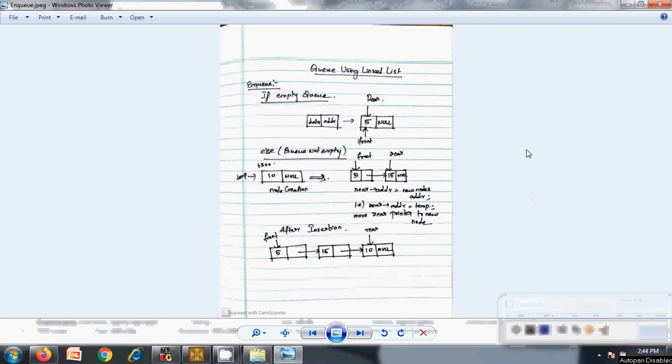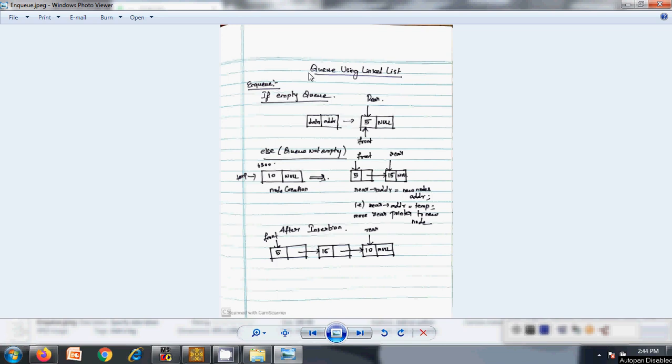In this video, we are going to discuss the queue data structure implemented through a linked list. As I already said in the previous video, a queue is a collection of items that are stored in consecutive memory locations, with the restriction that insertion and deletion can be performed at two ends. One is called rear, where insertion can be performed, and deletion can be performed at the end called front.